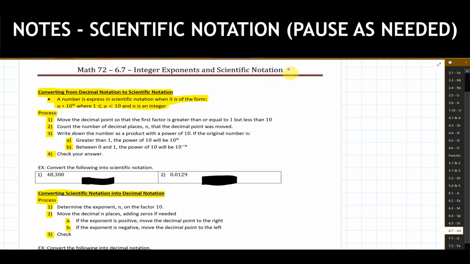So we are going to use scientific notation to condense some big number down into a smaller, more manageable expression and notation. The same thing goes if we are working with extraordinarily small numbers, like 0.00000, we go out a whole bunch of different places, 173. Instead of writing out all of those zeros that might be showing up in front of that thing, we can use scientific notation to write that in a shorthand method.